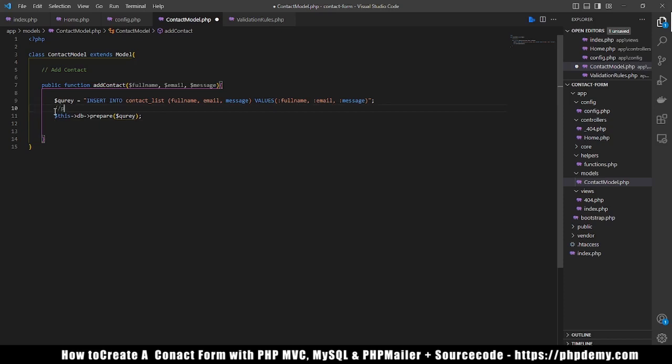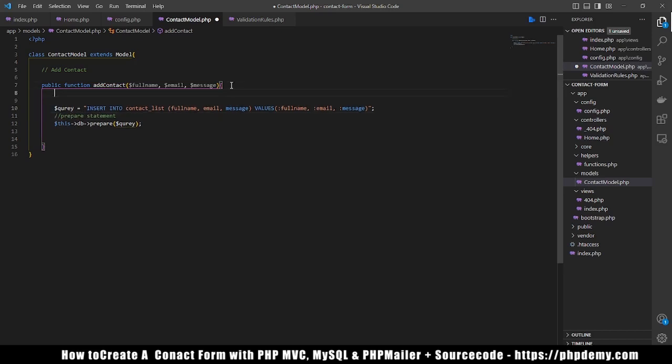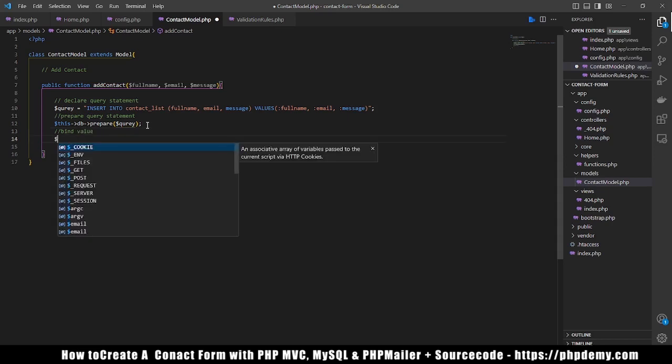So let's say prepare statement. Here should be declare the query statement, and then we have our bind values. So we say this